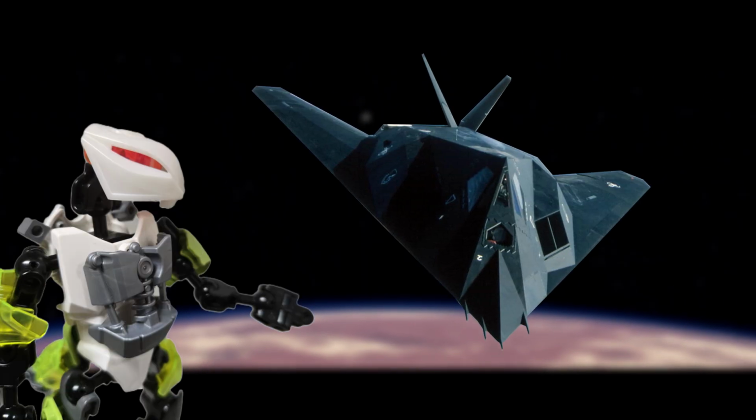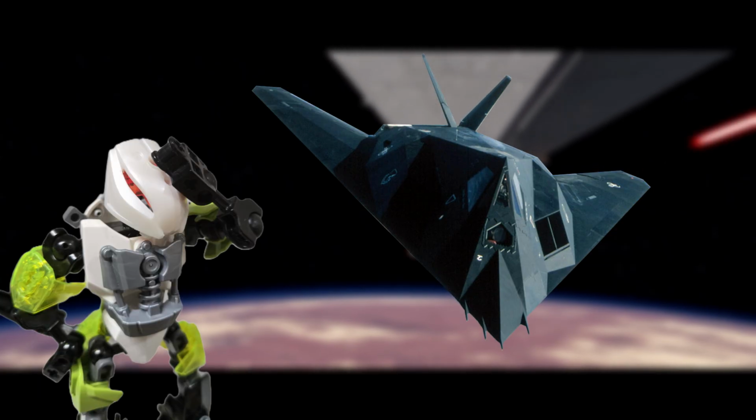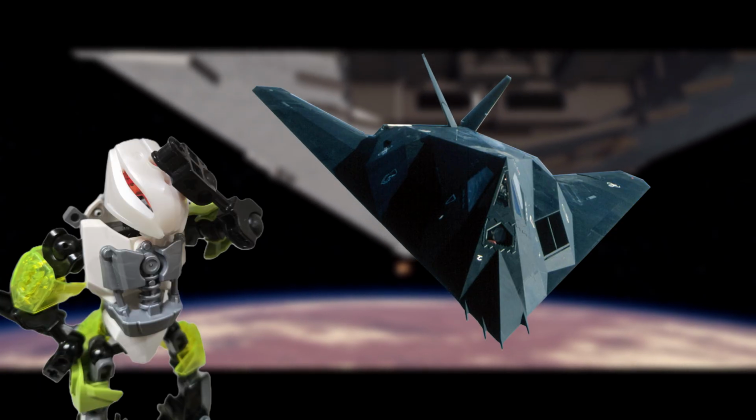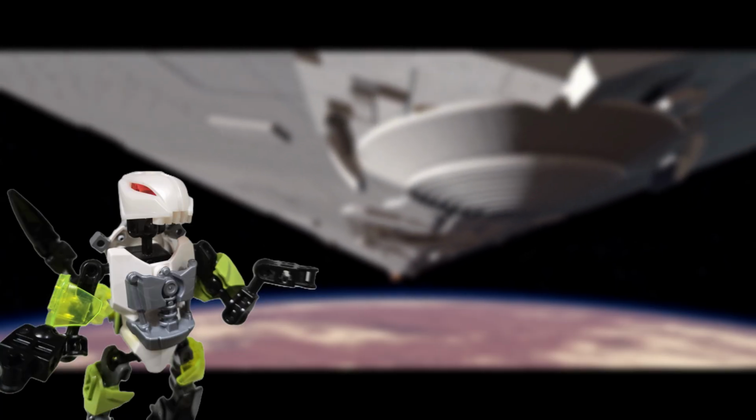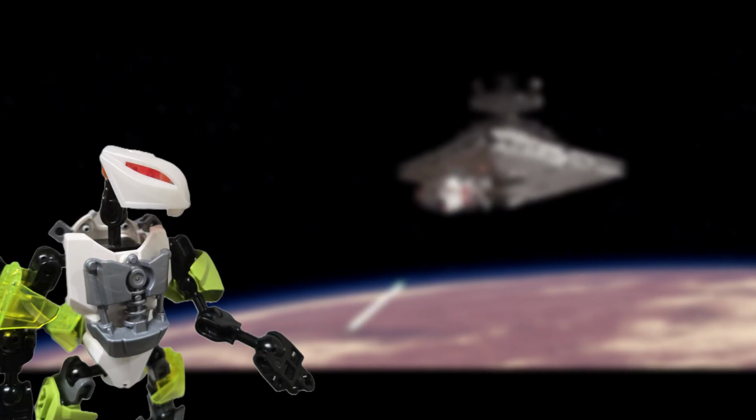Stealth has always been a hot topic when it comes to military fighter craft. The F-117 Nighthawk, one of my personal favorite aircraft of all time, was the first ever plane to be truly stealthy, and once the idea of hiding from radar was introduced, sci-fi was right there to tag along. And so, in honor of the spooky month, we're taking a look at the Galactic Empire's very own stealth fighter,